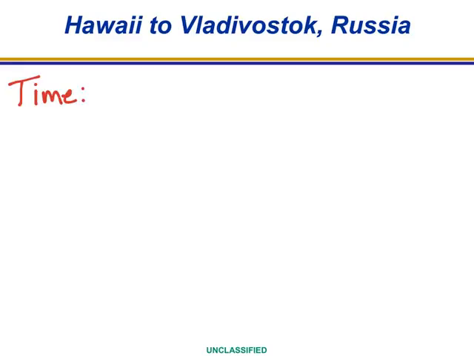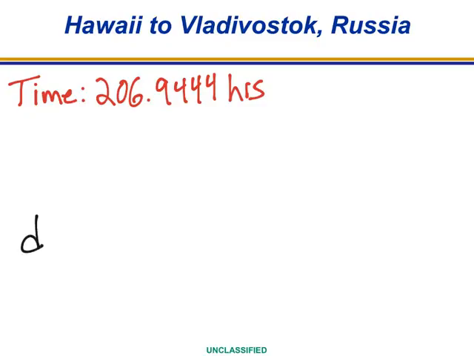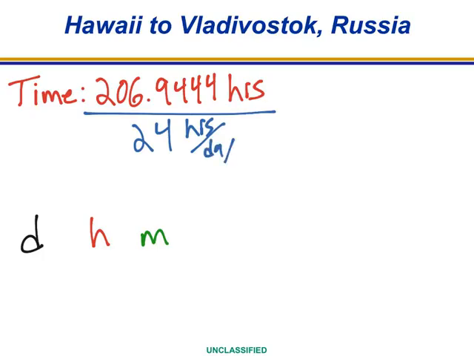We just calculated that it would take us 206.9444 hours of transit time. What we're looking for is we need to get that into days, hours, and minutes. So let's start by dividing this by 24, because there are 24 hours in a day. Now the good news is we left this number in our calculator with all the decimal places, so we'll just divide that by 24 hours, and we get